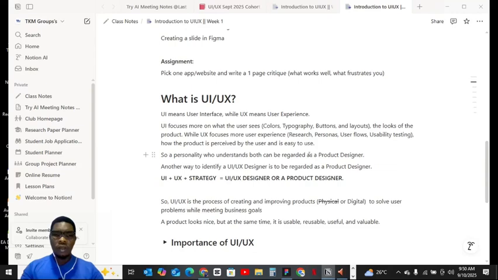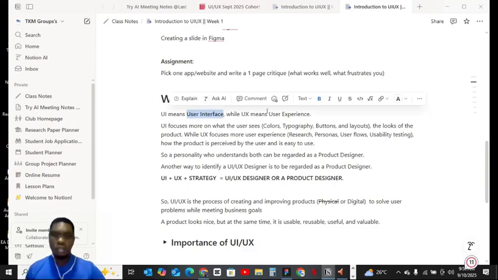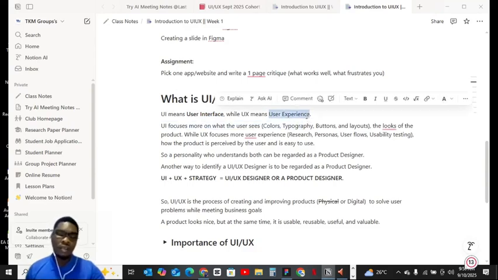So UI means user interface. When you say UI, UX, the UI means user interface, while UX means user experience. What you have to do as a product designer is the user interface, that's the design, and the user experience.